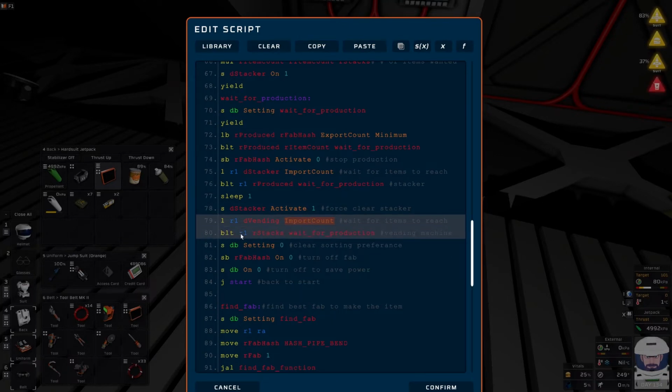And again, because this is stacks and not items, we need to check the stacks and not the item count. So, get the stacker, load the amount of items that have entered the vending machine, and then we wait for production if that does not reach the amount of stacks that we want. If it has, then we